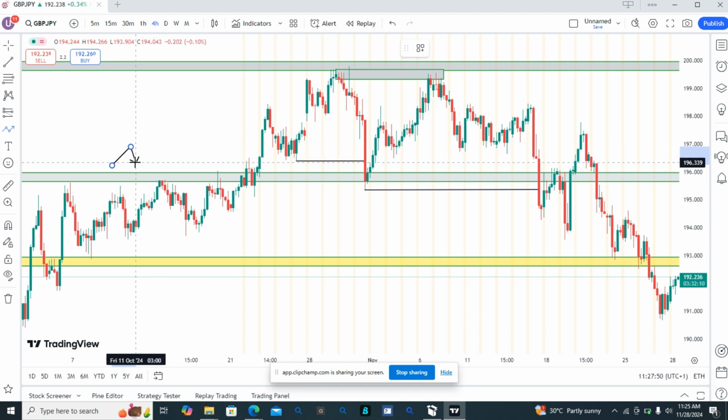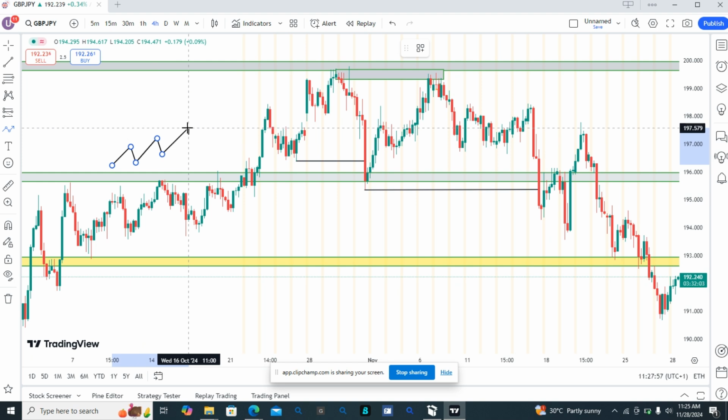You expect price to move in this direction, creating higher highs and higher lows. So when price touches our order block, we will expect price to do what? To break and change character by closing below this higher low. Once price closes like this in the 15 minutes or 5 minutes time frame, it means that the 15 minutes time frame has aligned itself with the 4 hour time frame,